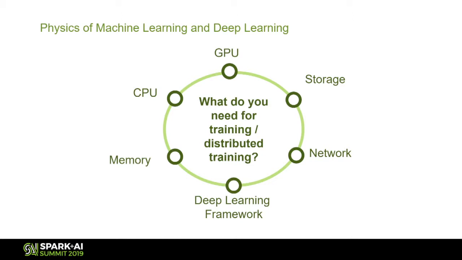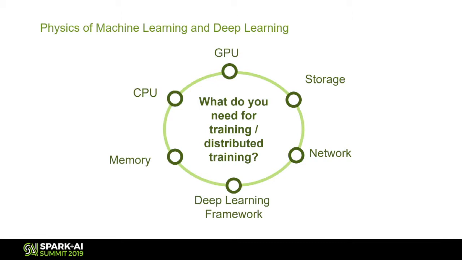So here, there are different elements that are involved, and the deep learning framework is what brings everything together and interacts with these elements either directly or indirectly to help with deep learning. So as end users, most of the time we do not have to worry about all of these elements that are involved. But when you think about an infrastructure where deep learning is done at large scale, you cannot treat these core elements as black boxes. It is important to understand the role they play in making deep learning effective.